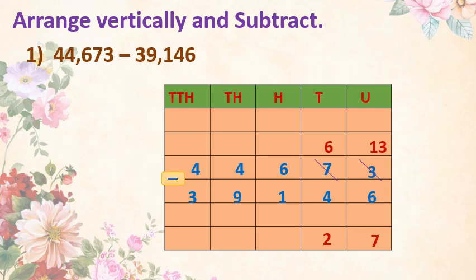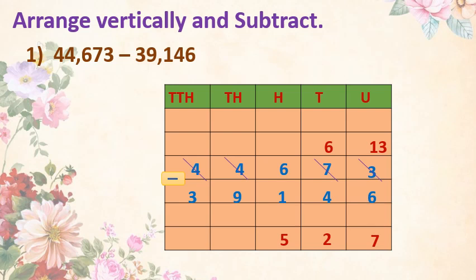Now these two columns are over. Now we will move to hundreds place. Here 6 minus 1 is equal to 5. And in the thousands place 4 minus 9. Again it is not possible. We have to borrow from the left side column, that is 10,000s column. We can see here 4 in the 10,000s column. So we will untie this 4 10,000s. Here what happens? 4 10,000s becomes 3 and 1 10,000 will be borrowed to the thousands place.